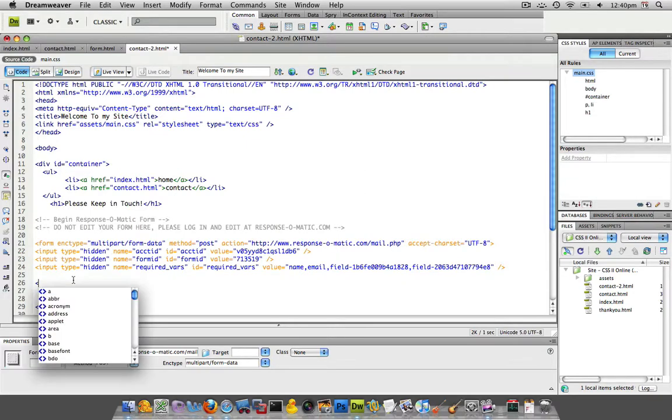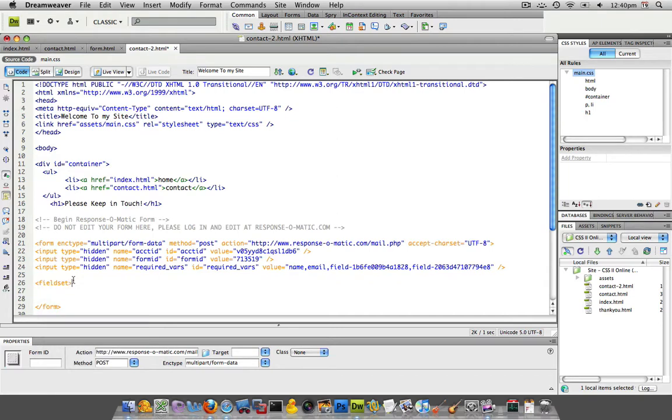Now the Fieldset is an HTML tag that basically just logically groups together a set of input elements. So our form is only going to have one field set, and I'm going to close it out like this, but you could have multiple field sets in one form. And think about it, if you had a form that was asking for someone's personal information, their contact info, and you had some survey questions you'd ask, you could probably logically divide those two into the one field set being the contact info, personal info,